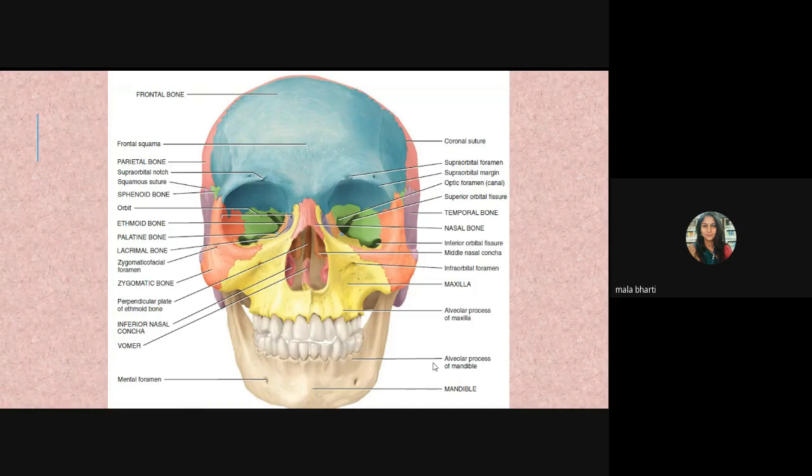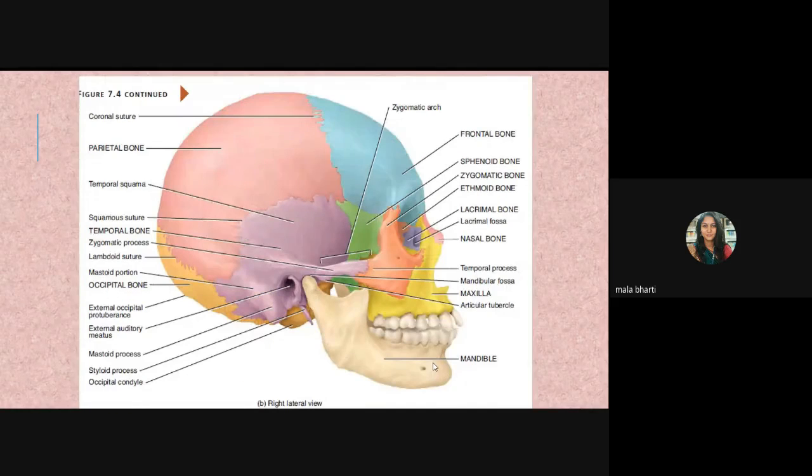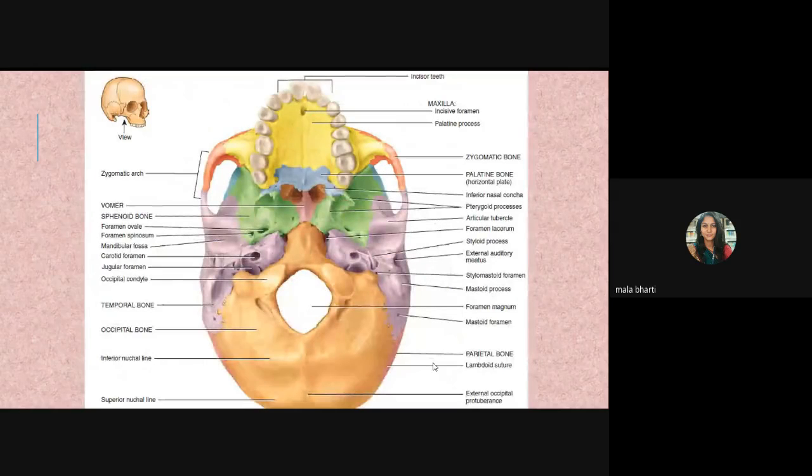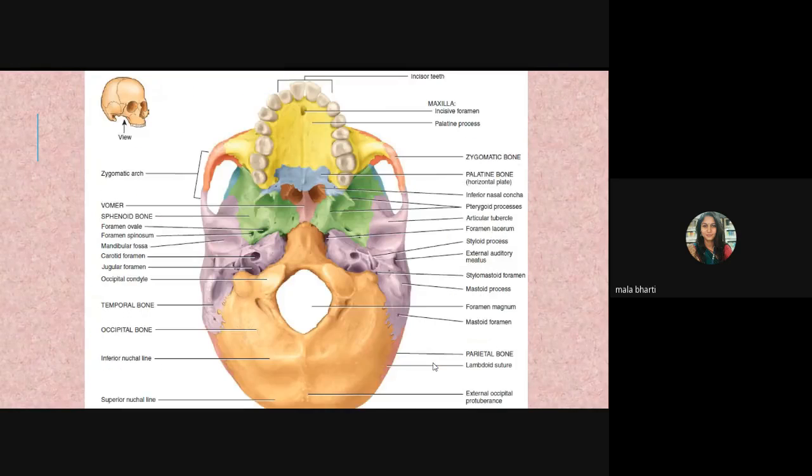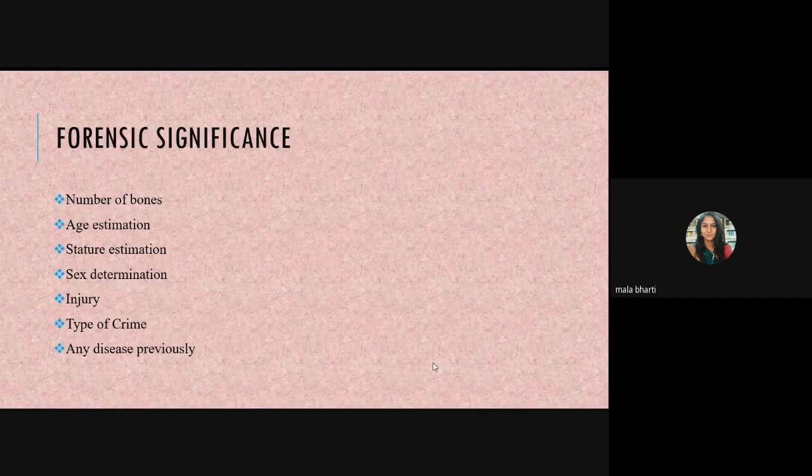It's very important to have anatomical knowledge, be it which type of bone it is, and with which bone it is attached. I'll not be getting into all these bones. I'm just trying to imply that it is necessary and imperative that the expert is thorough with the knowledge of anatomy. Coming to the significance, when we talk of forensic anthropology, it helps us to determine certain things